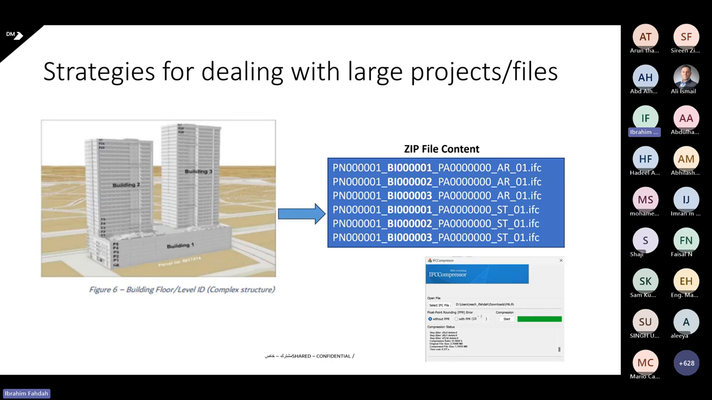For example, a chair, a table, or a tree should not be exported as part of your IFC file. So this will reduce the size of the IFC file. In very rare cases, you may end up with a zip file